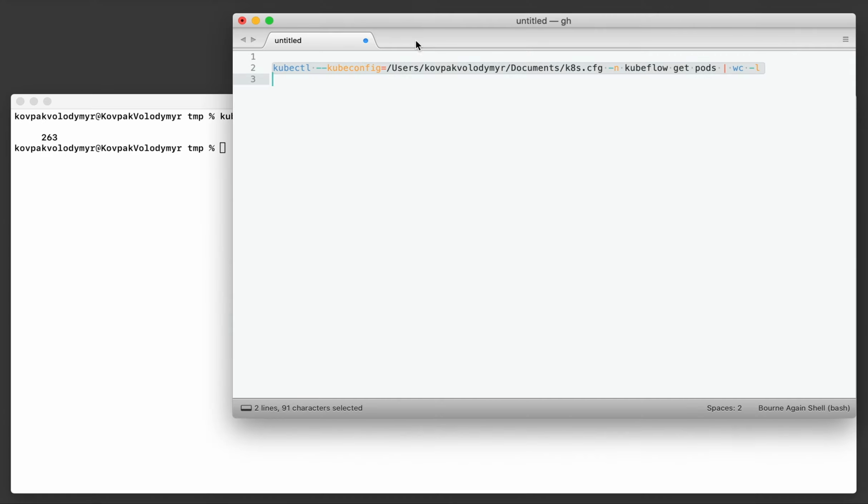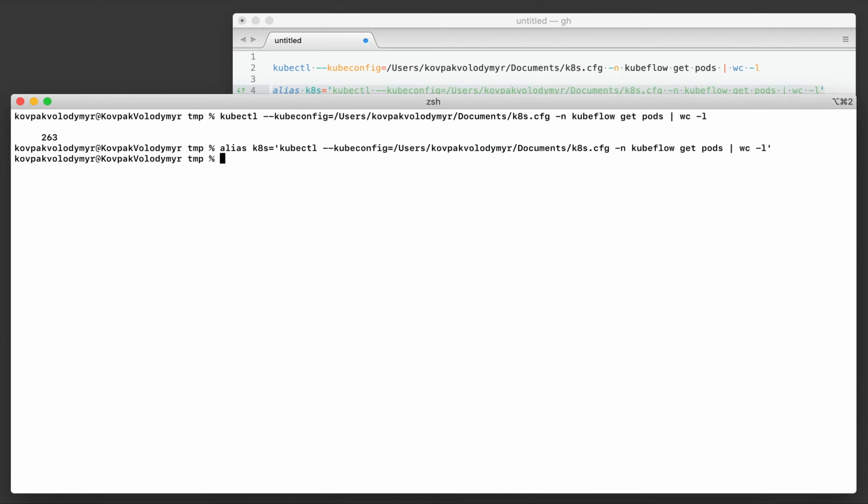And using this command is really cumbersome because you have to write this config, namespace, and so on and so forth every time. It's boring. What you can do here is add an alias like this. Kubernetes equals, and just copy and paste everything into this command. And now you can use this alias, just type k8s and you will see the same result, which is nice